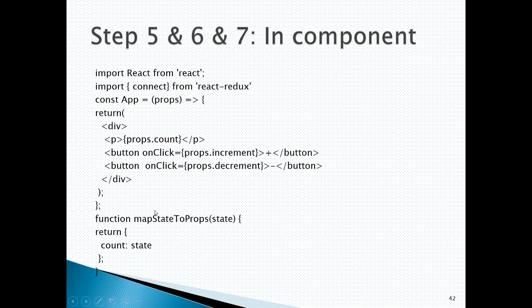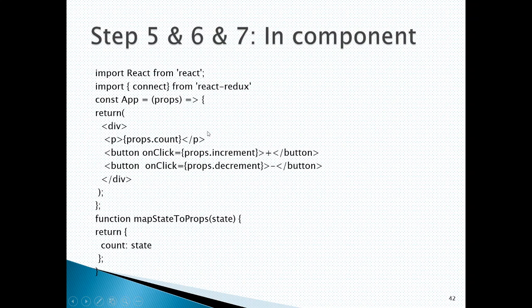What we need to do now, we are in the App component. In the App component we need to include the React Redux connect method, and after including the connect method, you can see we are calling props.increment, props.decrement. We will see how we are basically converting mapStateToProps. Now the state variables, this increment and decrement, are converted into props. So the component is calling props.increment, props.decrement, alternatively props for the plus and minus buttons.